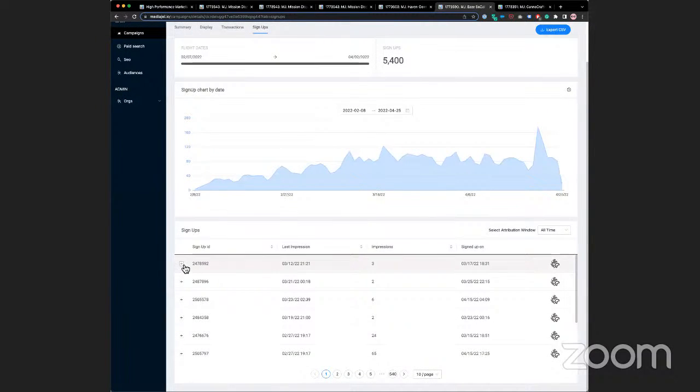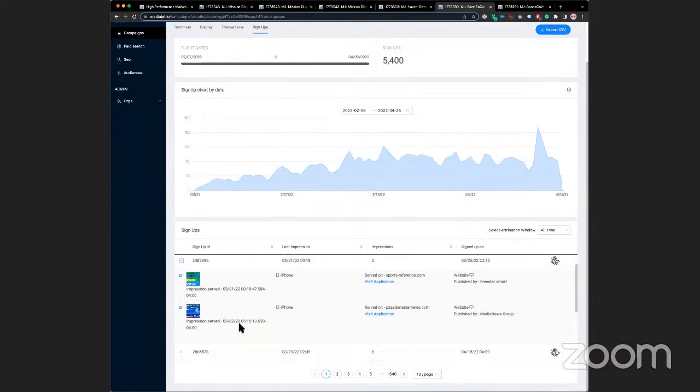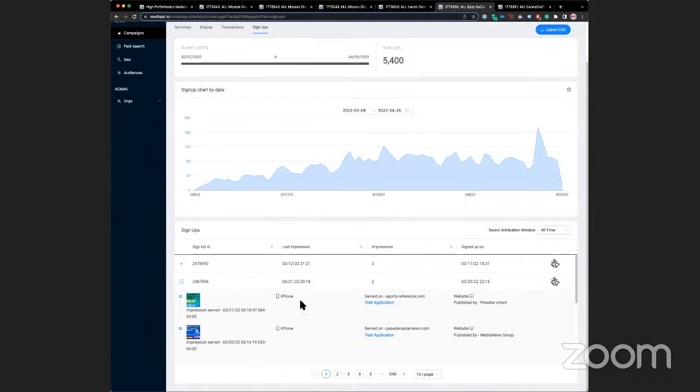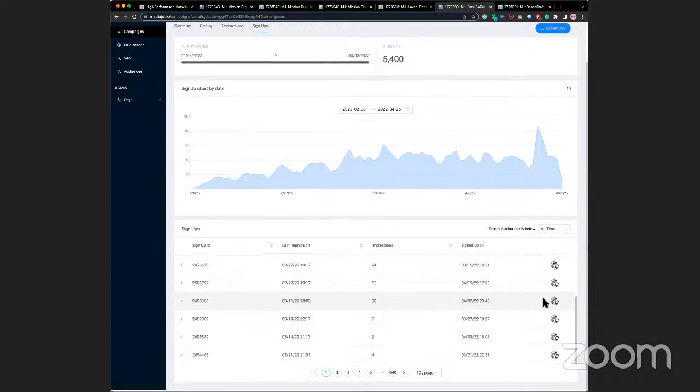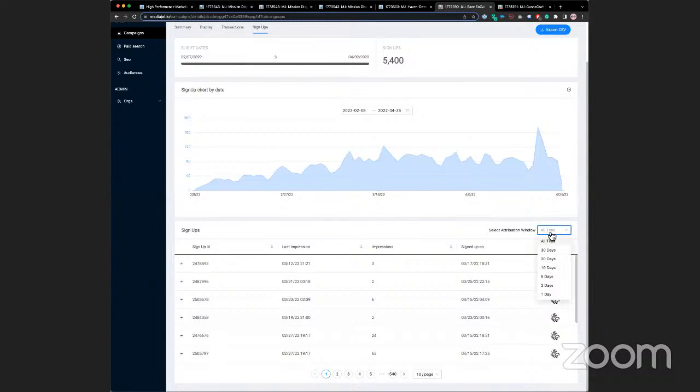It's the same thing as the transactions. So you can actually see the ads here on the left, iPhones. This is the unique sign up ID, how many impressions were served, last impression served on 3/21, and they signed up on 3/25. And we know this through the combination of user agent and IP address. Same thing here, it can sort by